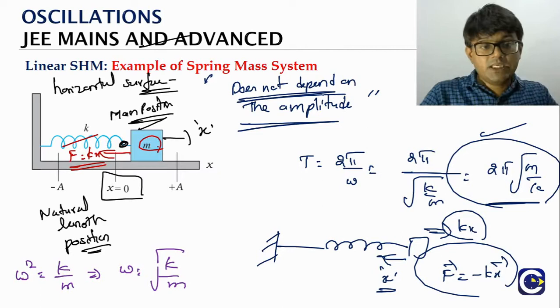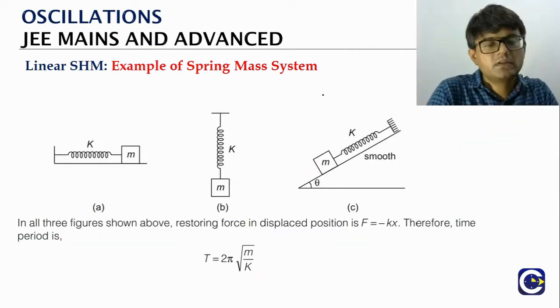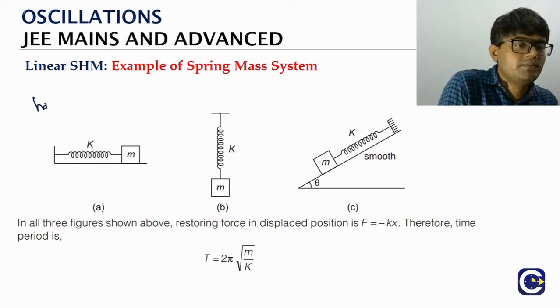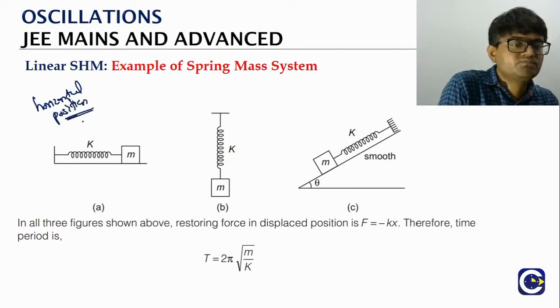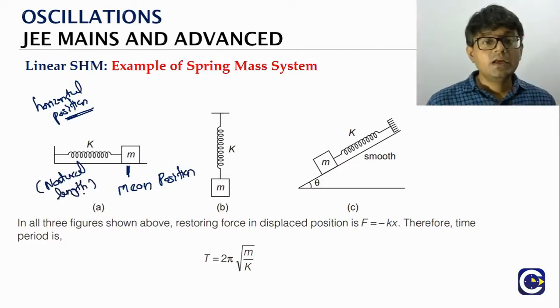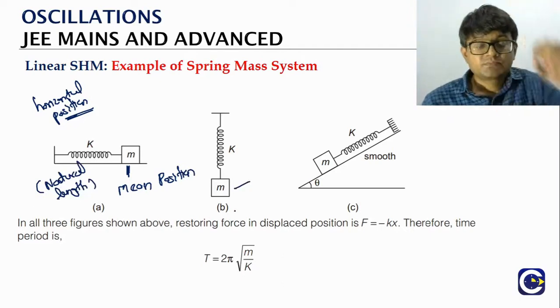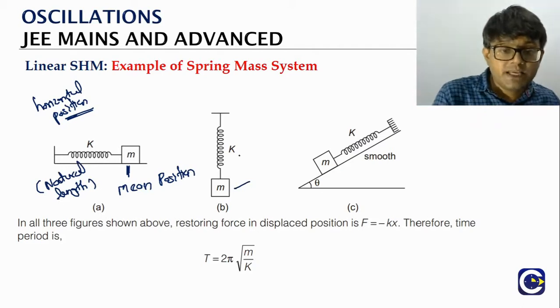Now here we have kept the spring mass system on a horizontal surface. The doubt that we will have is what if we keep it in a vertical orientation? Here, the mean position corresponds to the natural length of the spring. Instead, if I keep the spring mass system in the vertical orientation, where we are hanging the mass, then the spring would already get some elongation.